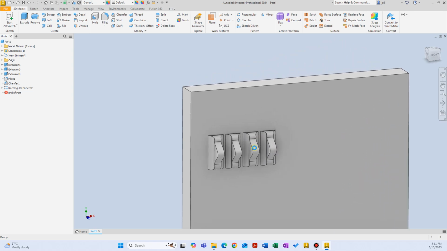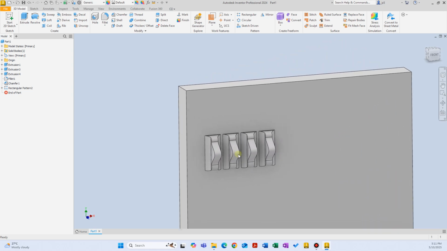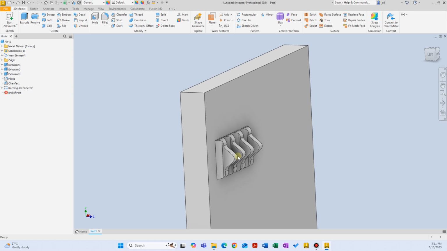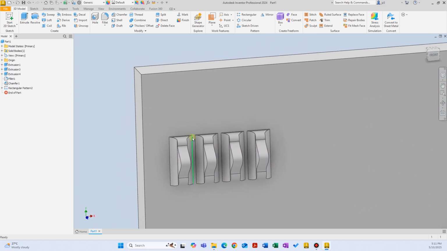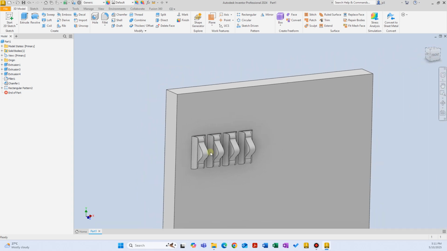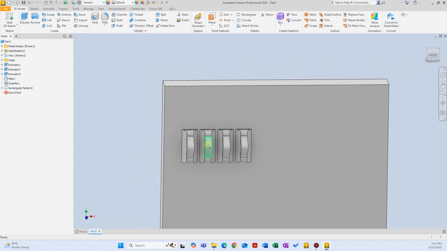This kind of looks like, maybe if we change the design a little bit, a toothbrush holder. If we just made it like a hook a little bit, you would be able to push your toothbrush in, and it would stay there if we change the design a little bit. But imagine that you're doing this for 10 toothbrushes, for whatever reason, and you